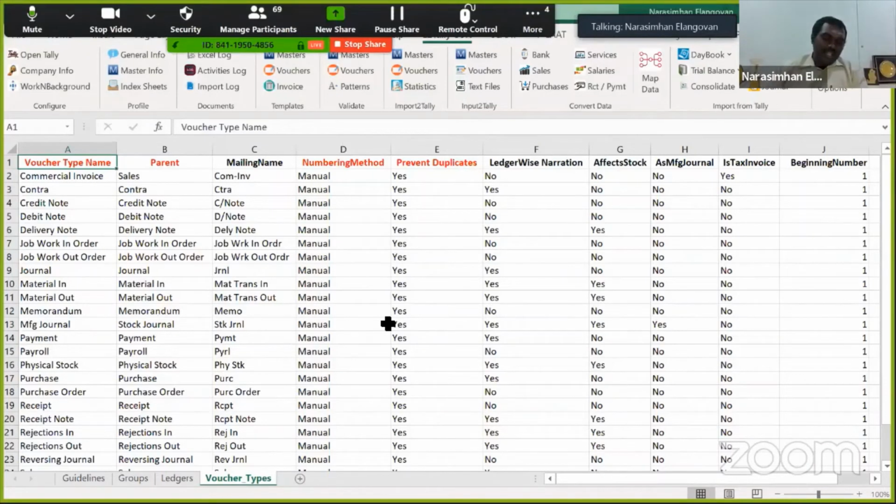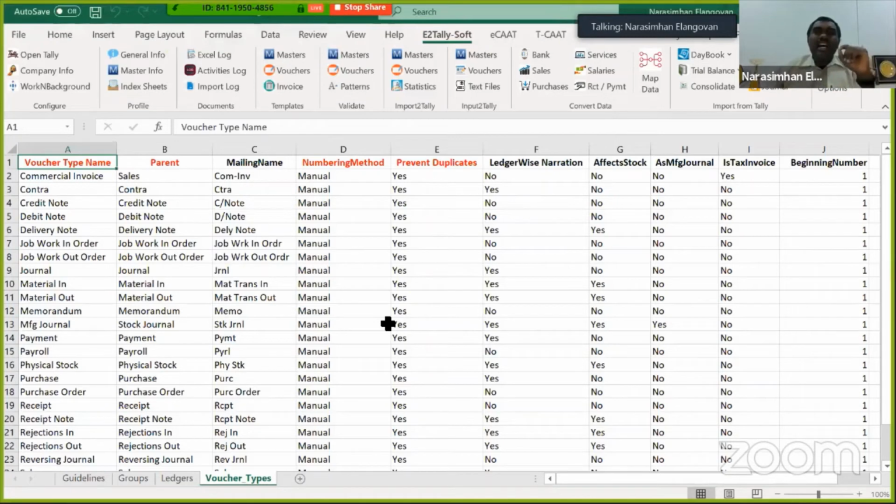All my ledger accounts are created. I now have to go to the next step, where I will have to figure out the bank statement I have to upload. And this is where I feel this particular tool has something which I liked a lot. I've worked with a few other add-ons, a few other TDLs. The beauty of this tool is that it does not sit on your Tally. It sits on your Excel. From Excel, it automatically pushes to Tally, unlike most of the other TDLs. For most TDLs, a TDL is an add-on inside Tally which will pull the data. Correct? So this is something which I liked.